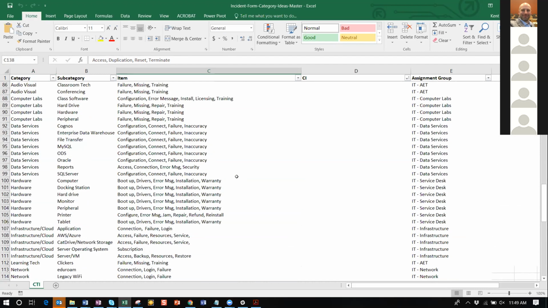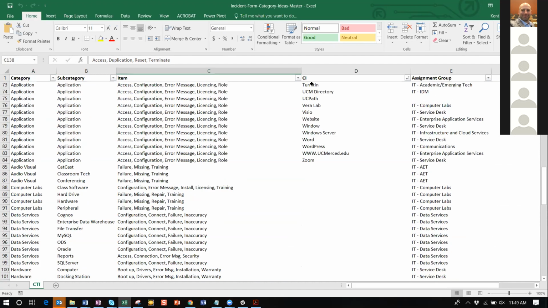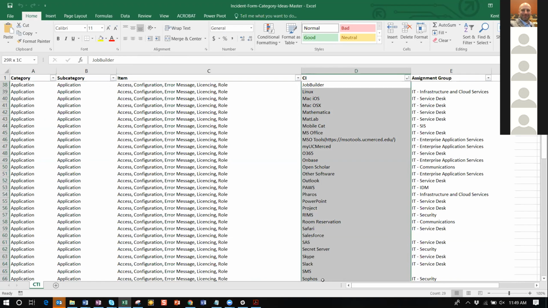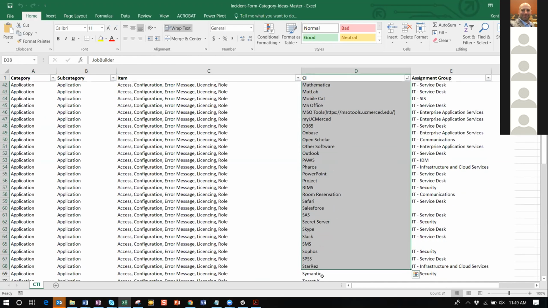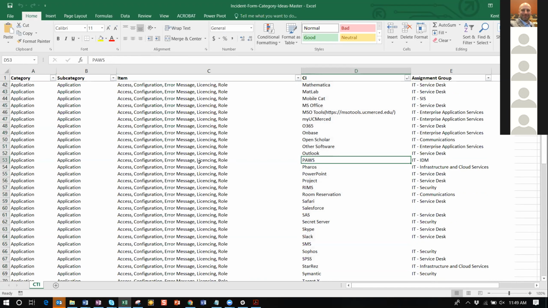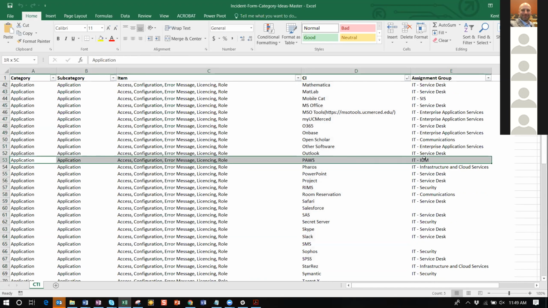And then we have all the applications up here. Again, this was the 80-20 rule that we assigned. The model I went after, I didn't want to go indefinite with all the different applications that are all over the place. Some of them are so obscure we'll never see anything with them. But if it was a PAM application, we know that anytime that we have an issue with it, we'd assign it to the identity access management team. Okay, so that's a sample of what we did.